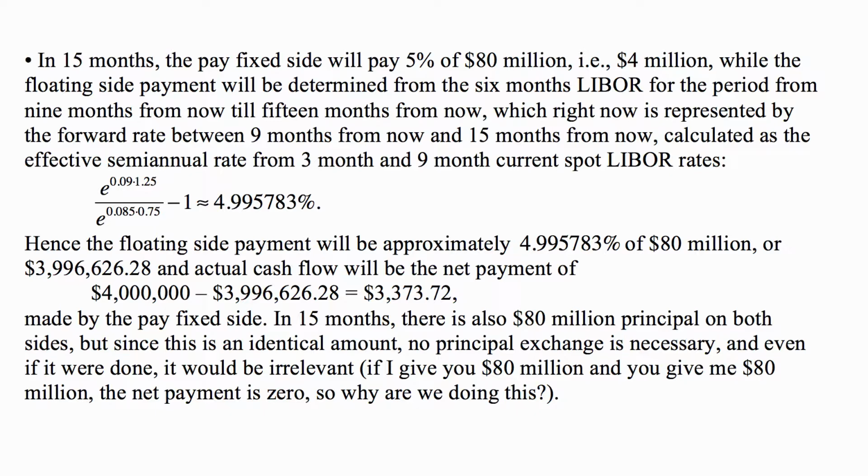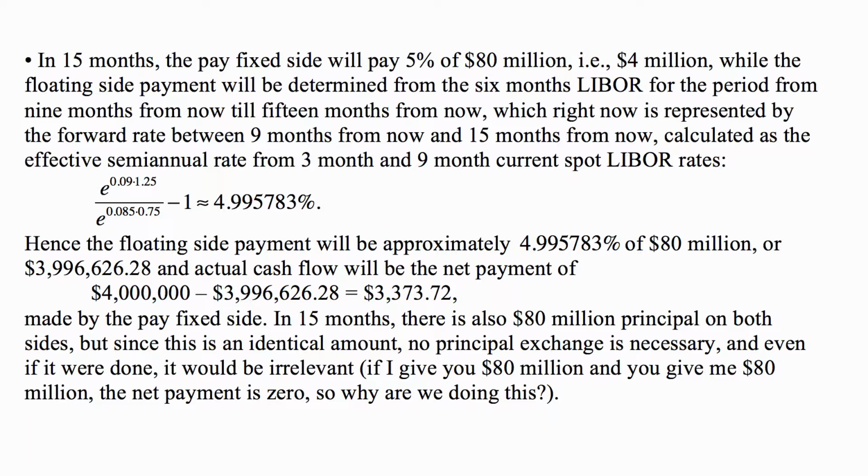So the 9-month spot LIBOR continuously compounded is 9%. So we have e to the 0.09 times 1.25 divided by e to the 0.085 times 0.75, the effective continuously compounded LIBOR for the point in time 0.75 years from now, minus 1, and that comes out to be 4.995783%. Hence, the floating side payment will be approximately that percentage times 80 million, and that's